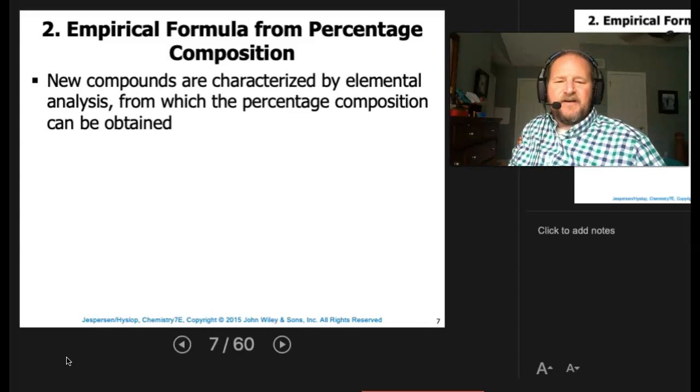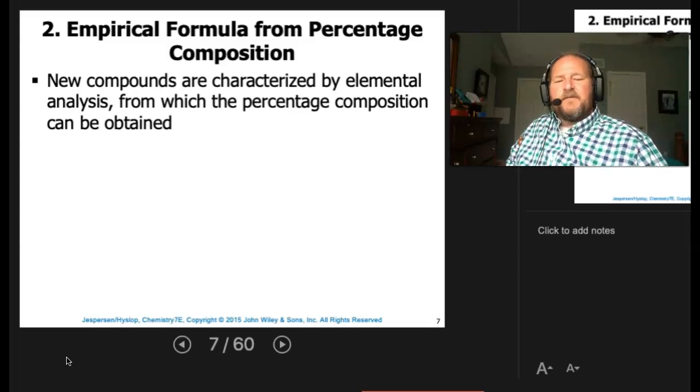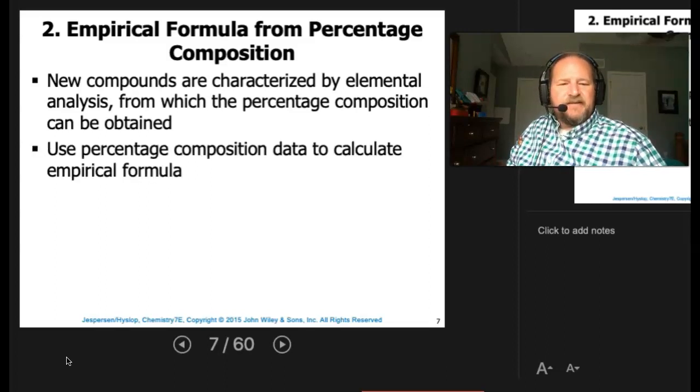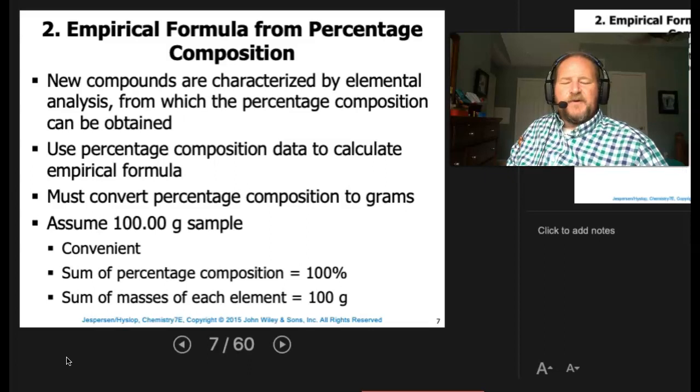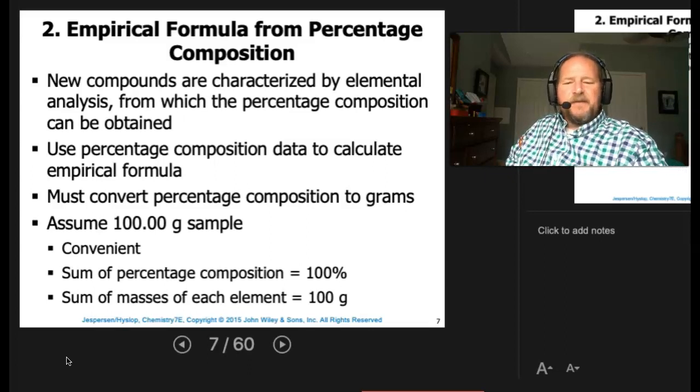New compounds are characterized by elemental analysis, from which the percentage composition can be obtained. You'll use that percentage composition data to calculate your empirical formula. Now you must convert your percentage composition to grams. The way we're going to do that is we're going to assume we have a 100-gram sample. This makes it convenient, right? If the sum of the percent composition has to equal 100%, then the sum of our masses will have to